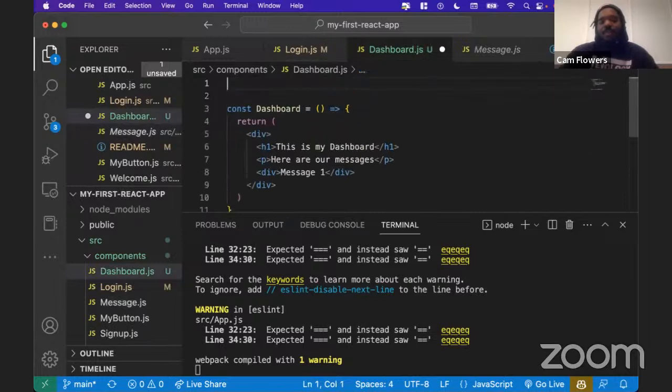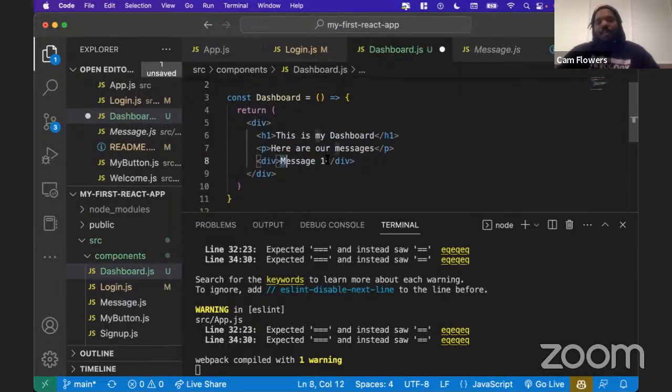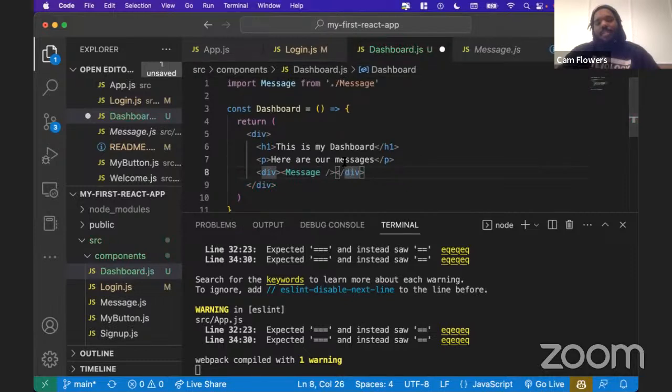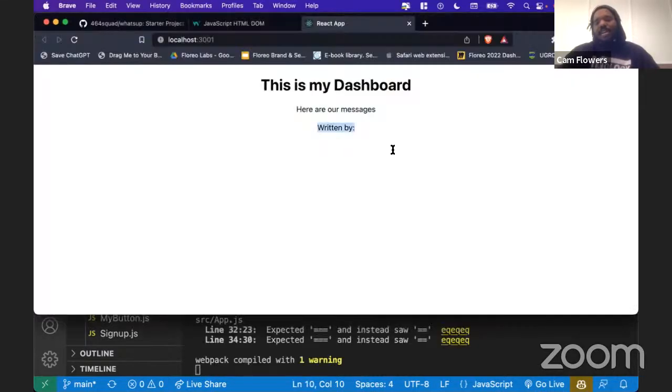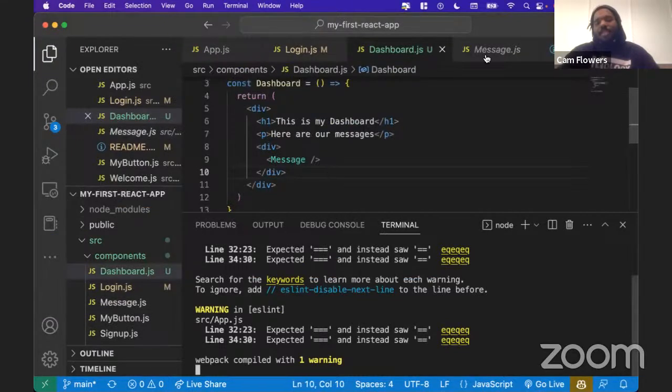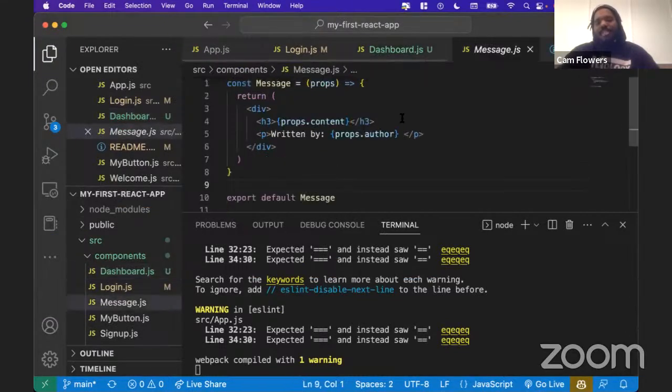So inside of the dashboard, I'm just going to import message from /message. And here where we have message one, instead of this div, I'm just going to return a message. So this div is returning a single message. Right now, that message is empty, because I didn't give it any props. So we don't actually see anything but this "written by". The reason is because this message component is expecting props.content to be there and